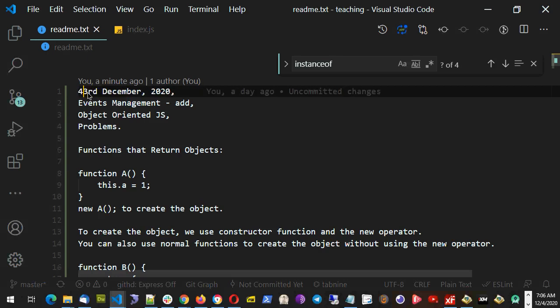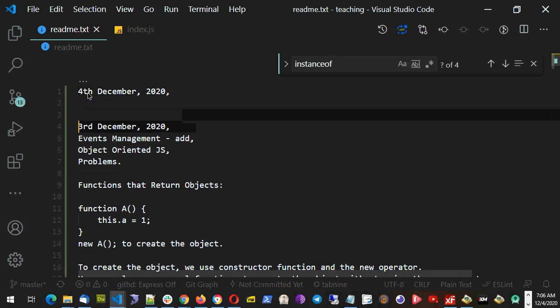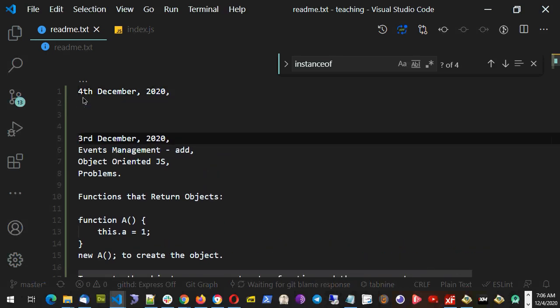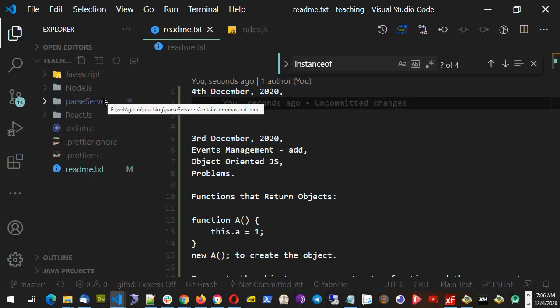Okay, so today is 4th December 2020. So let's start with the event management project. Before that,